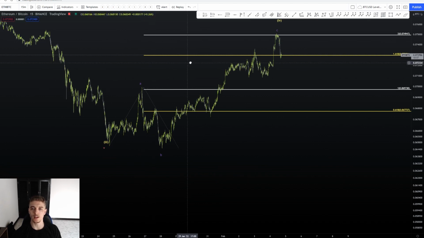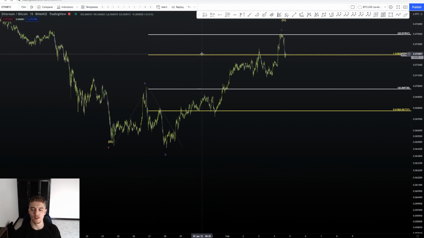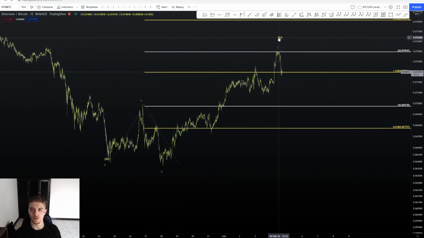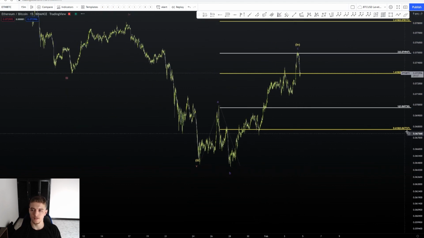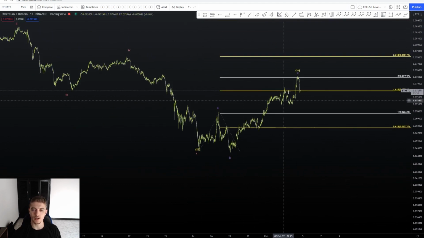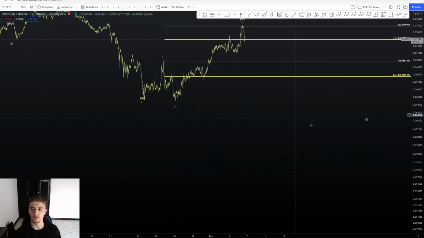Typically, you don't want to see it come past the 1.618 for the most part, but it is valid, especially because we're on a lower time frame. So it would be a very long wave C, but I think it is valid. So I'm going to put the wave 3 here, and we have yet to come down for a minimum at wave 5,